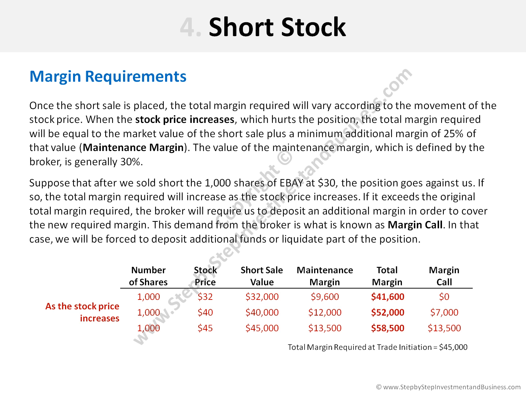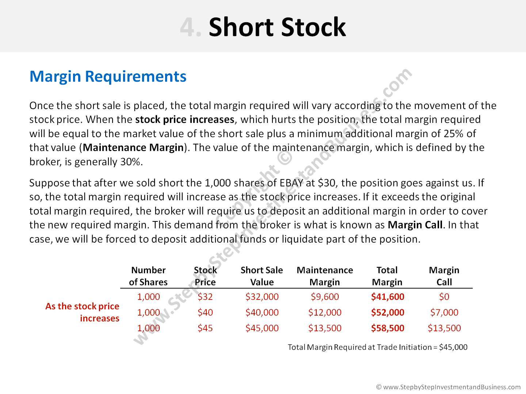This demand from the broker is what is known as margin call. In that case, we will be forced to deposit additional funds or liquidate part of the position. In the bottom table, we can see what happens as the stock price increases. Suppose that after initiating the trade, the stock rises to $32. At that time, the value of the short sale will be $32,000, and our maintenance margin will be the 30%